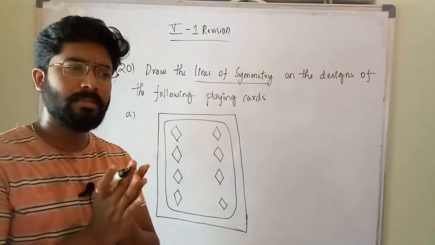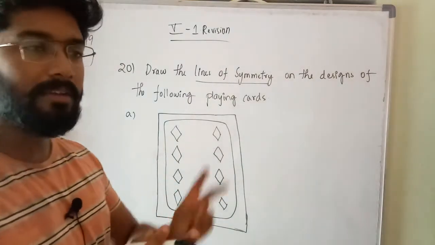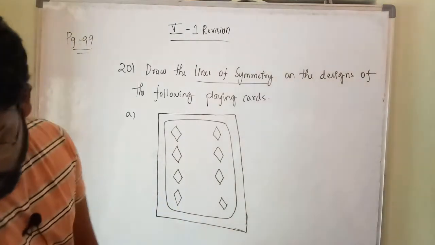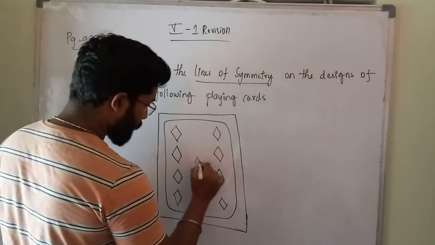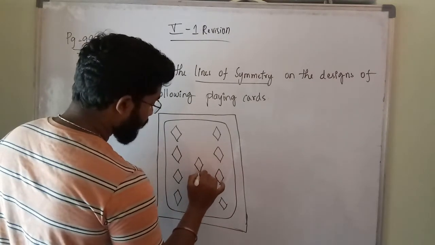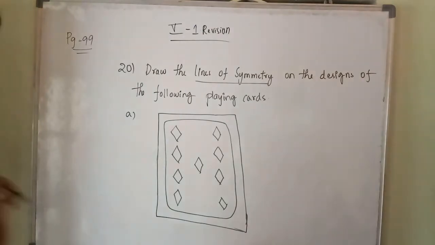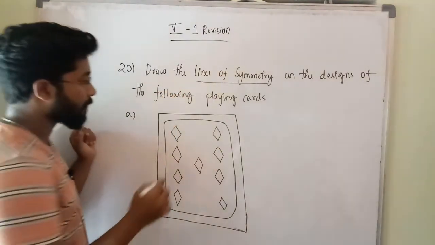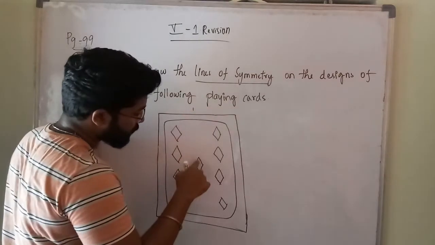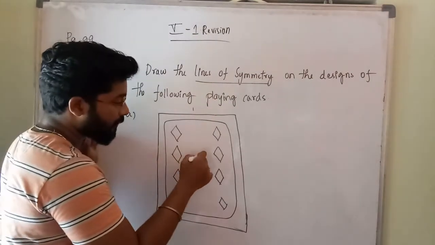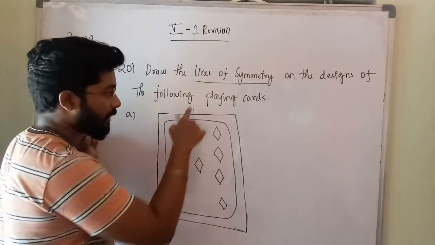They are very similar, they are almost equal. One will look like the mirror image of the other. So we have to draw such type of lines of symmetry for this figure. For this figure we can draw two types of lines of symmetry. One is like this, which will divide this middle figure into two equal parts. Like that we have to draw.